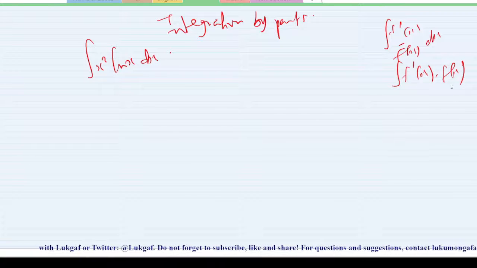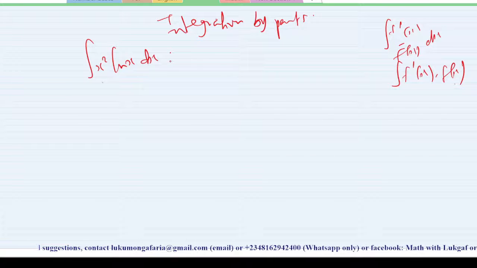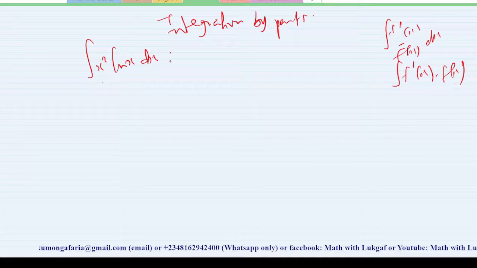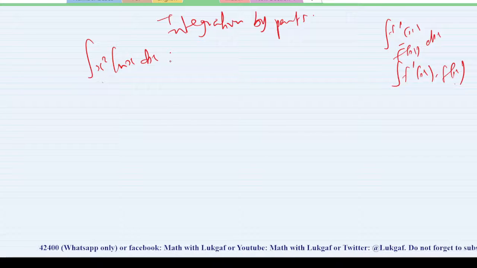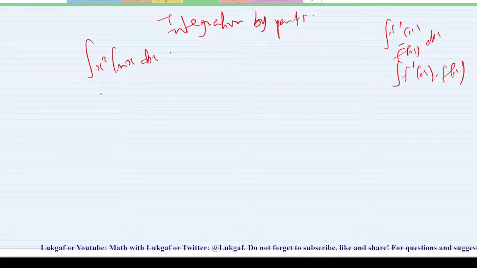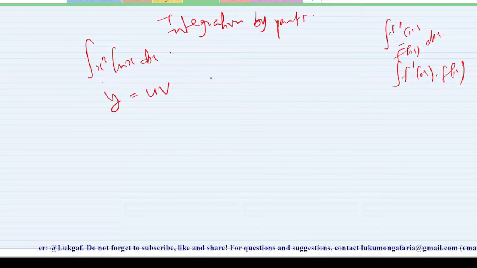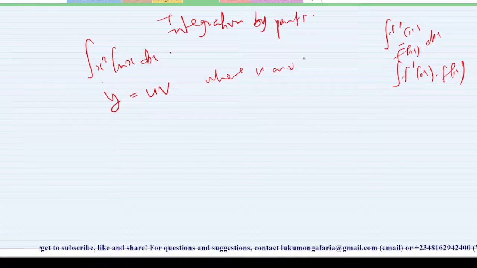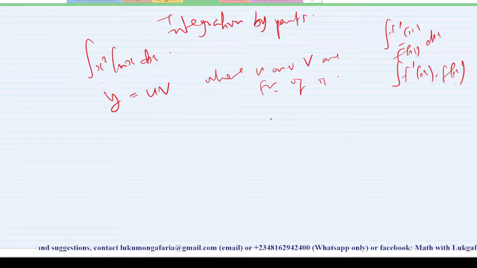Because if you differentiate one of the functions, let's say I differentiate x squared, it cannot give rise to ln x. So in that case, it gives rise to what we know as integration by product, which is also known as integration by parts. This is very simple. Let me derive it for you. Let's say y is equal to uv, where u and v are both functions of x.